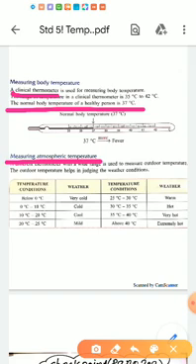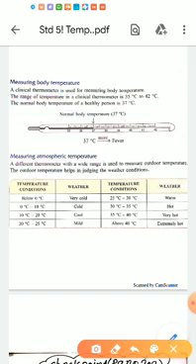Atmospheric temperature can vary over a certain range due to the different weather conditions. Here you can see one table in which temperature condition and corresponding weather of it is given to you. You can see the first one. When the temperature is below 0 degrees Celsius, the weather will be very cold. When temperature ranges from 0 to 10 degrees Celsius, the weather is cold.